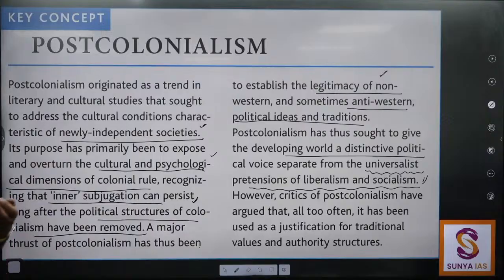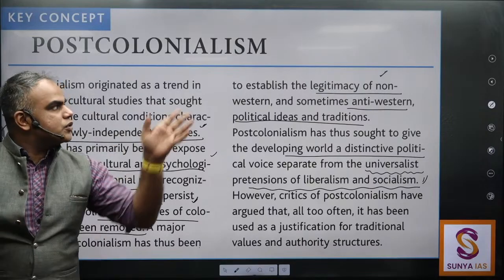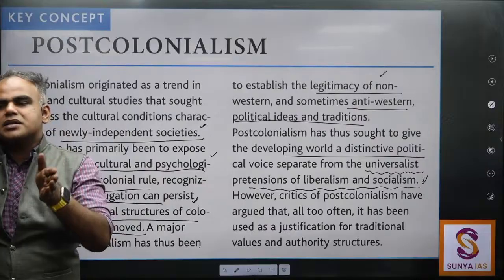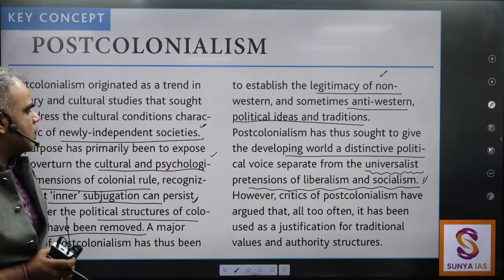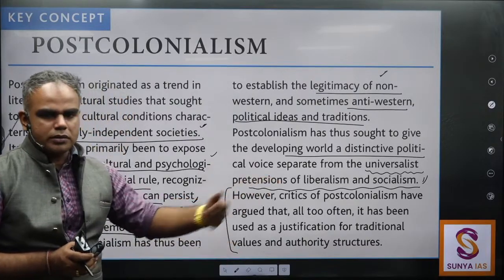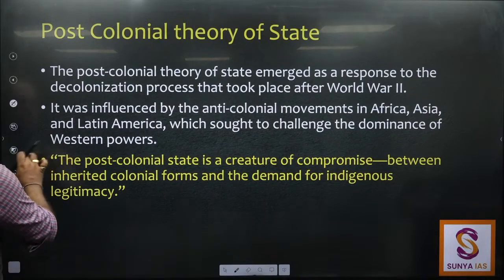Otherwise दुनिया में यही लगता था if something is not liberalism it is socialism. But of course these studies and post-colonial thought will tell us that there are many other studies or many other theories that are still present. Okay, I'll also tell you then what is the criticism as I move along. Okay, so this is what we know.